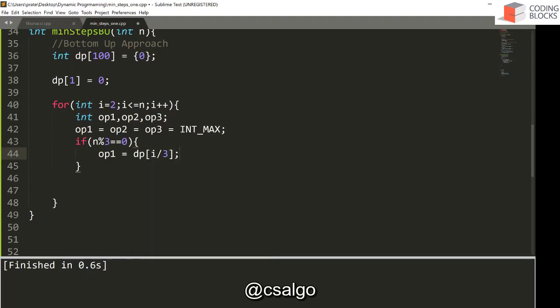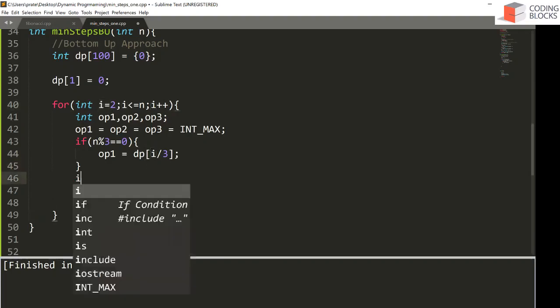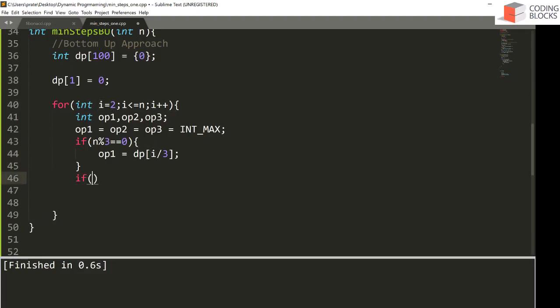So now remember, instead of saying the current position as n, we have current position as i, right? So i is the current state that you're going to compute. So you're computing dp of i, and that will depend upon dp of i by 3, i by 2, and i minus 1. So if i is divisible by 2, then option 2 would be dp of i by 2. And since we are filling up this array in a bottom-up manner, these states would already have been computed, right? Otherwise, option 3 is always there, which is dp of i minus 1.